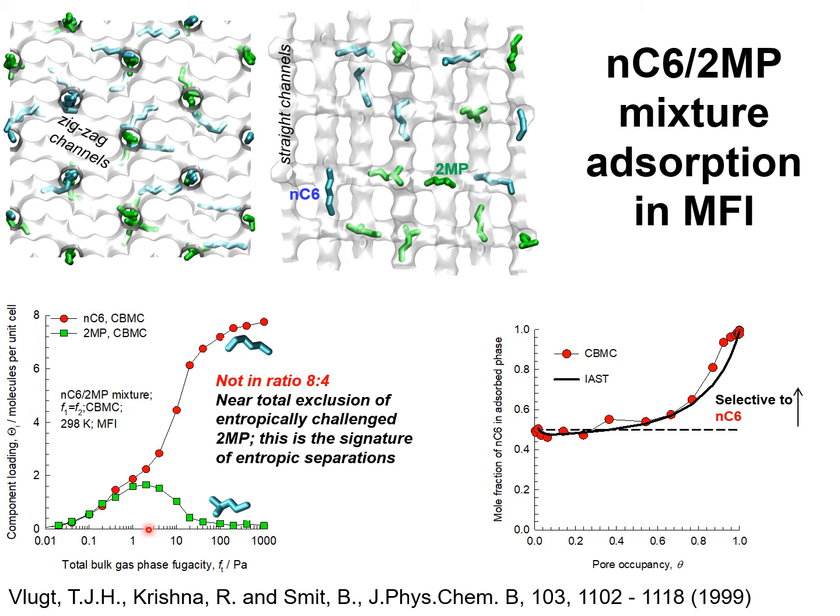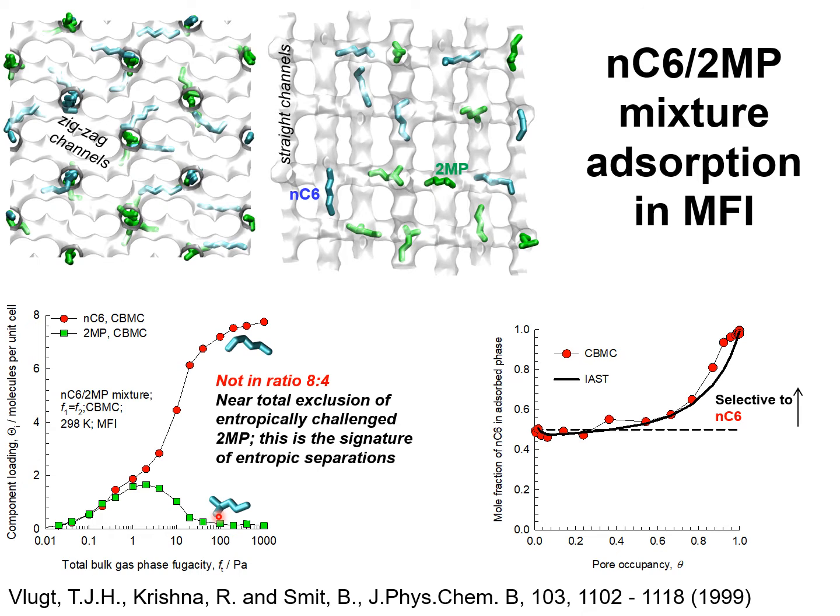but as the total gas phase fugacity increases beyond a value of 2 pascals, the component loading of 2-methylpentane decreases to virtually 0, and the component loading of normal hexane increases to a total loading of 8 molecules per unit cell that corresponds to the saturation capacity of normal hexane. It is important to note that the ratio of the component loadings of nC6 and 2MP are not 8 to 4, i.e. in the ratio of the saturation capacities of the isomers, but as the total pressure is increased,